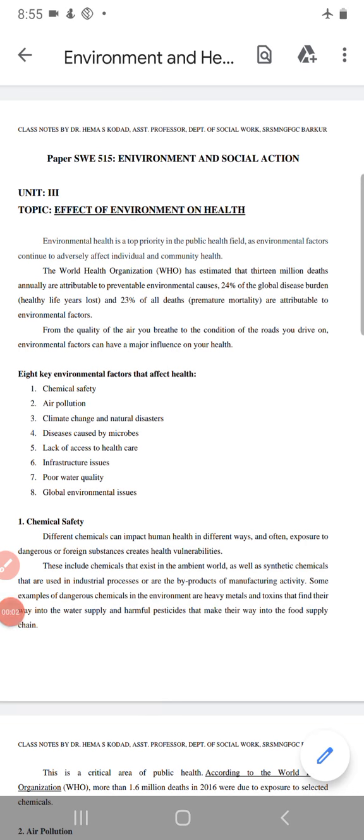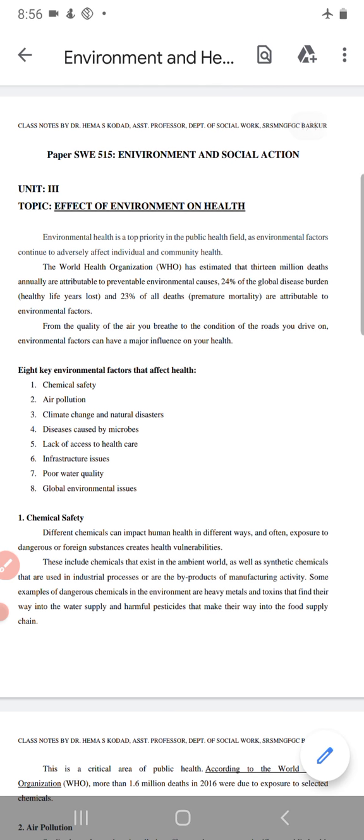Dear students, today's topic for the class is the effect of environment on health. So we'll try to understand how environment impacts our health. Environmental health is a top priority in the public health field as environmental factors continue to adversely affect individual and community health. You can just have a look at some of the statistics given by WHO, that is